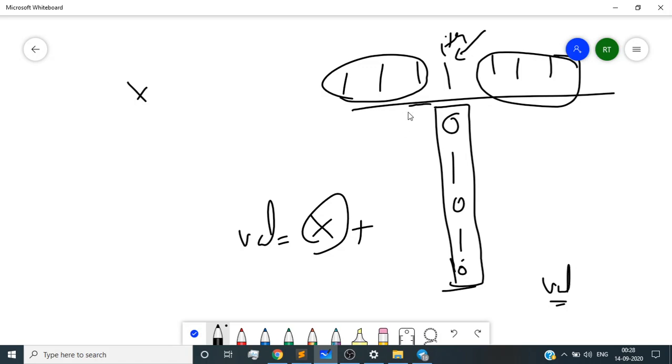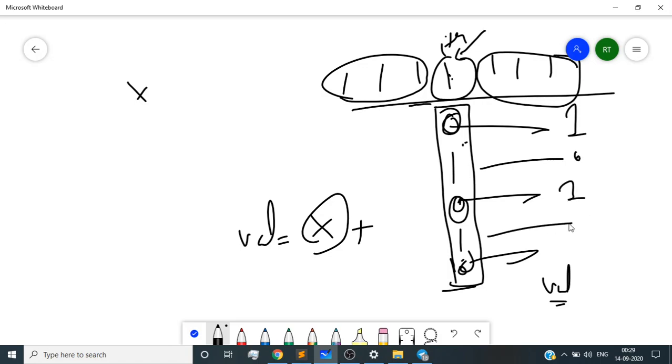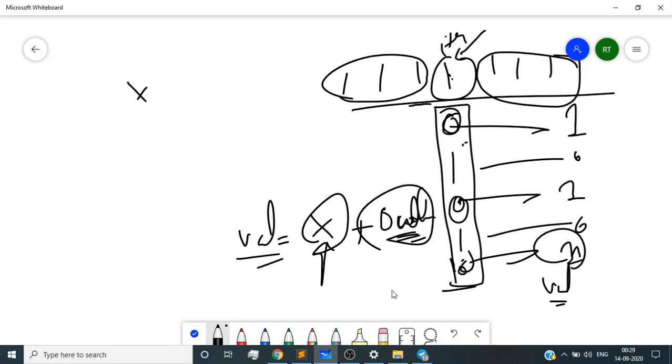Basically the contribution by this bit is equal to the number of occurrences of 0. Why 0? When I take XOR of 1 with all these zeros, they become 1, and all the 1s become 0. So when we calculate the sum, I have to consider the contribution of the zeros. So my value is the common sum plus the contribution by all the zeros. We'll call this our first equation.